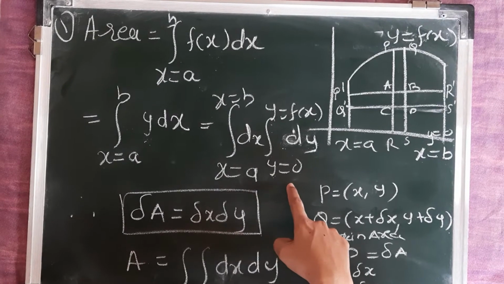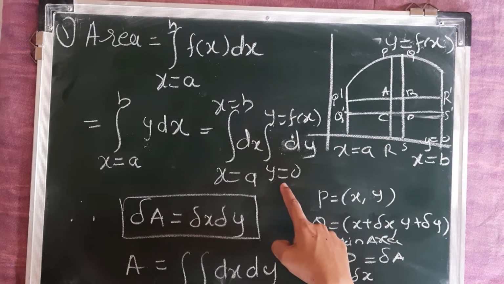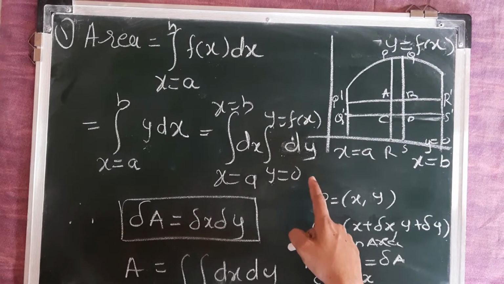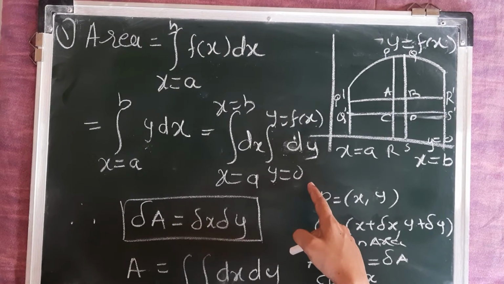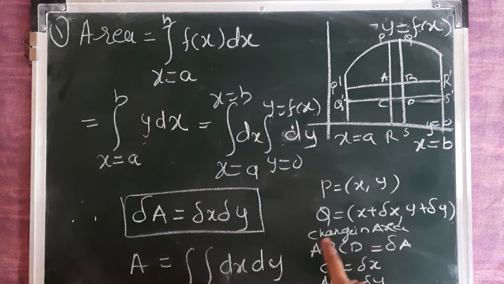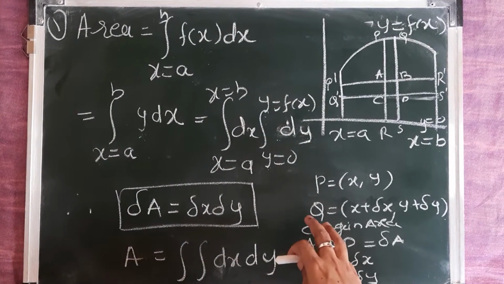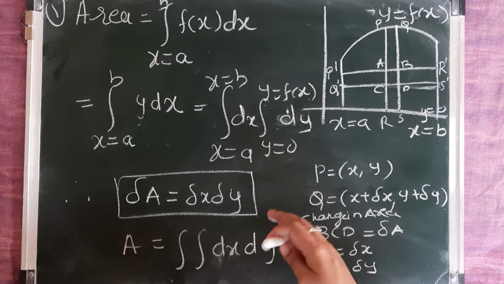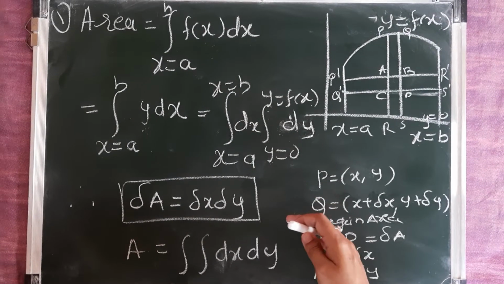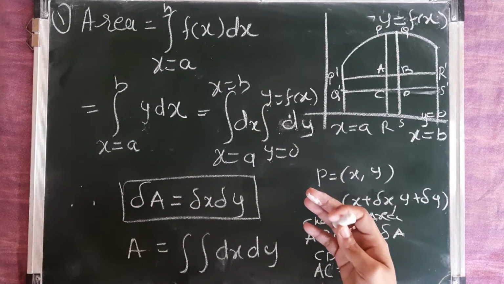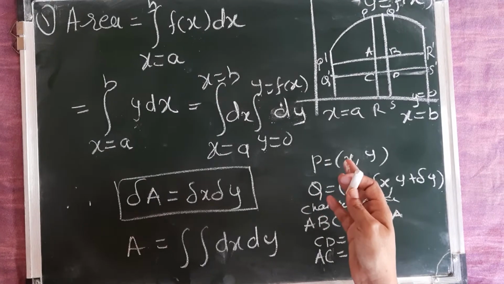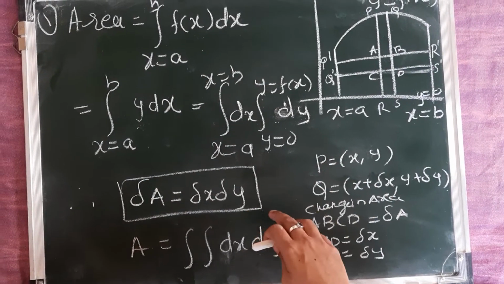Here y was directly written in terms of x, hence the connection between double and single integration is direct. But sometimes your function y cannot be given explicitly in terms of x. Maybe it is bounded between two curves f1 of x and f2 of x. That time it will be purely double integration. So for that, how do we go about? Let us just see.